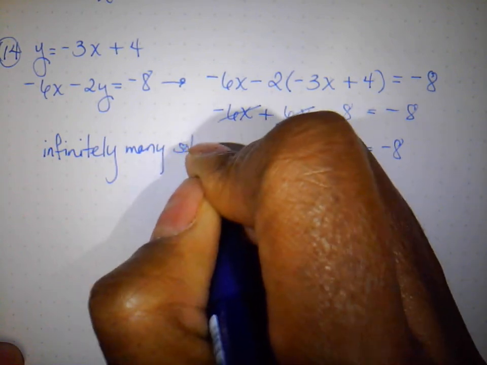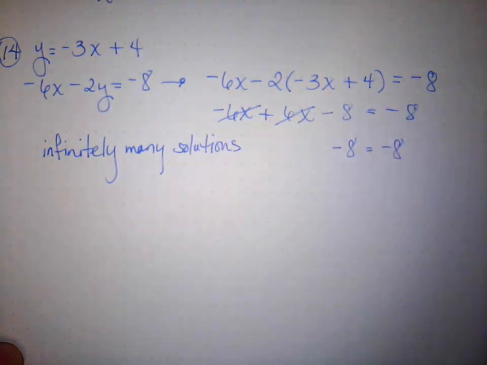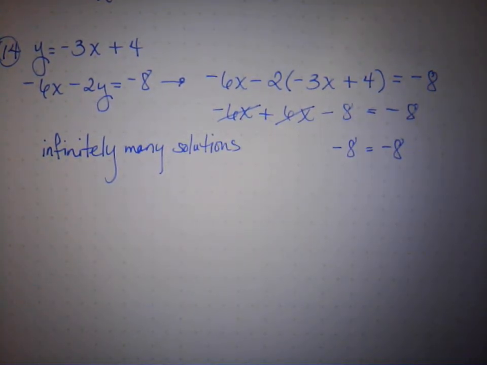I'm not even proceeding. There's nothing to proceed with. Okay? There's nothing else to do. When you see that one side is perfectly balanced with the other side, then you know that your solution is going to be infinitely many solutions, period. Even if the